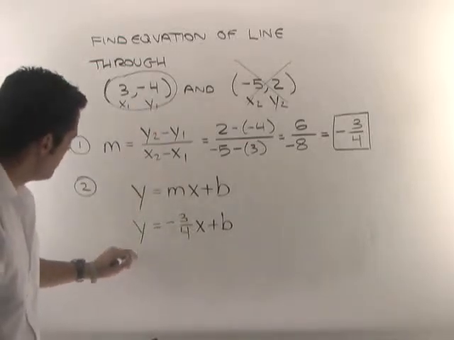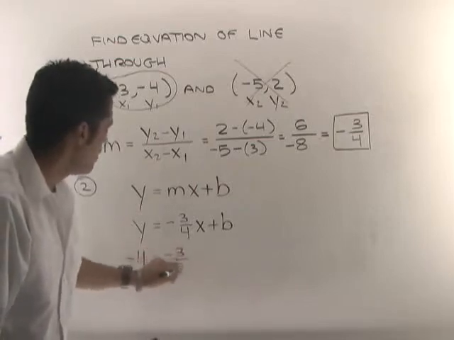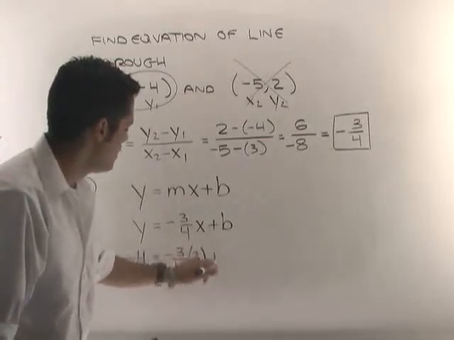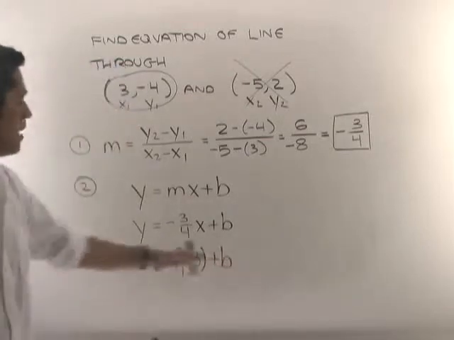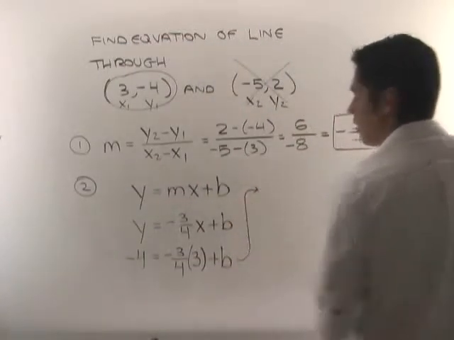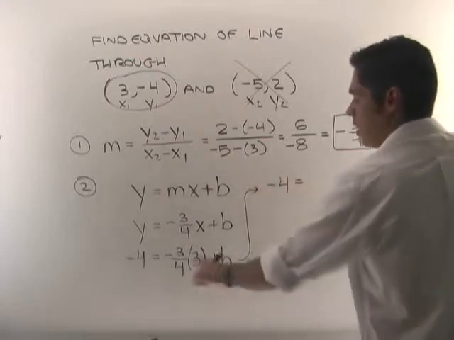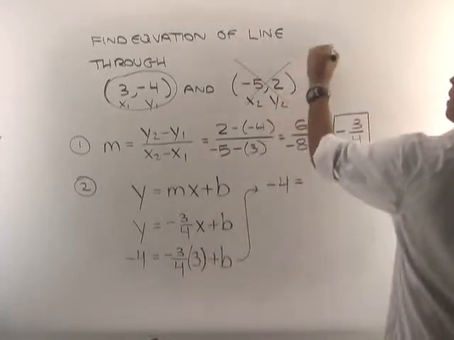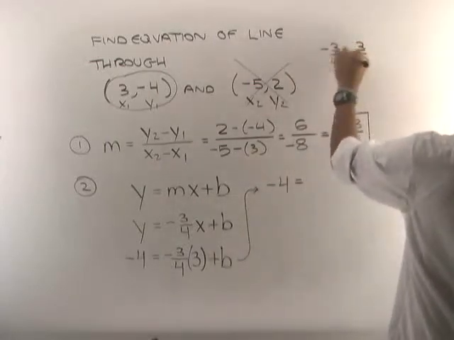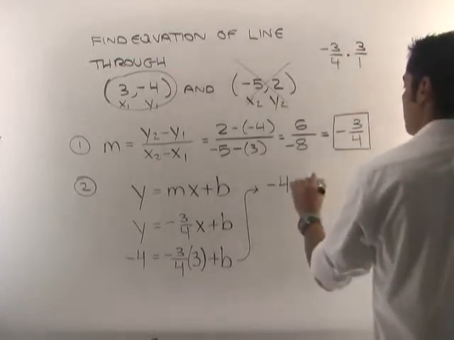So when I replace my y with negative 4, and I replace my x with 3, I should be able to now solve for b. Let me do that over here. This is going to be kind of tricky because we've got some fractions involved. The left side is negative 4. Here we're multiplying negative 3/4 times 3, which is like 3 over 1. And remember, multiplying fractions, you just go straight across. So this is going to become negative